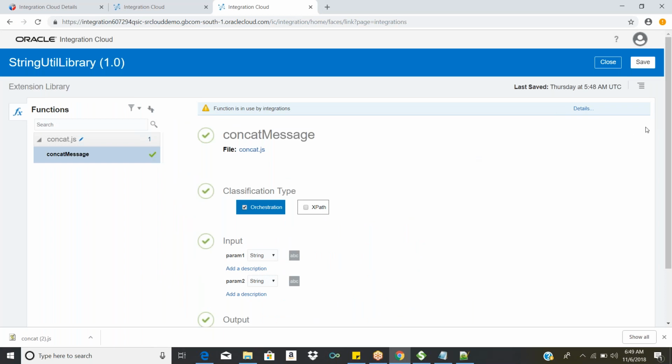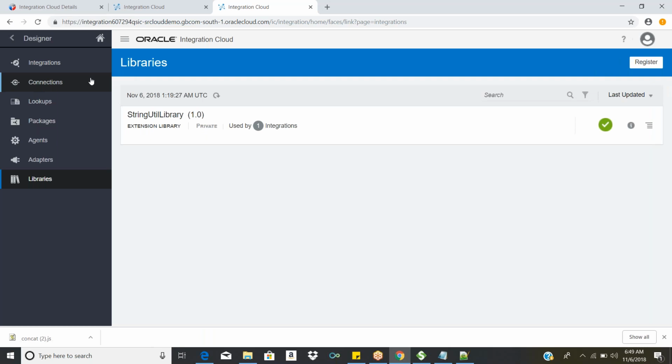Is that restricted only to JavaScript libraries, or can we include other kinds of libraries like PL/SQL? No, it's restricted only to JavaScript. As of now, it's supporting only JavaScript. JavaScript is a lightweight thing, and there are also some other compilers. It's supporting to some extent only, not at a high level. It supports most of the things, but when something is not supported, then you have to raise an SR. They will check and fix that issue.